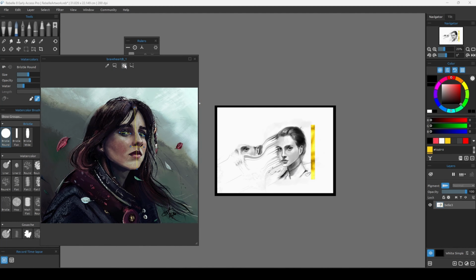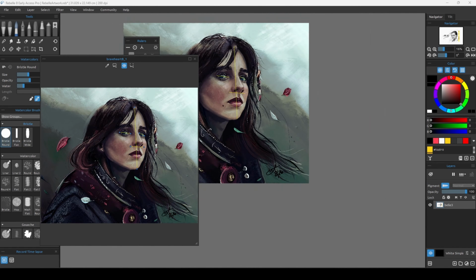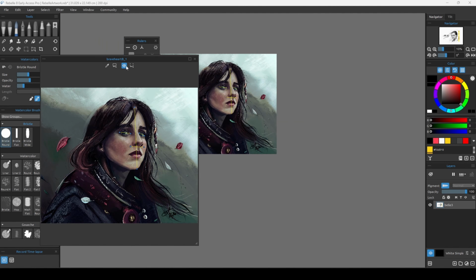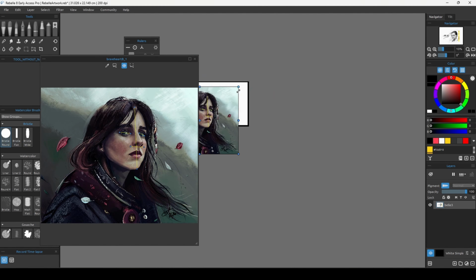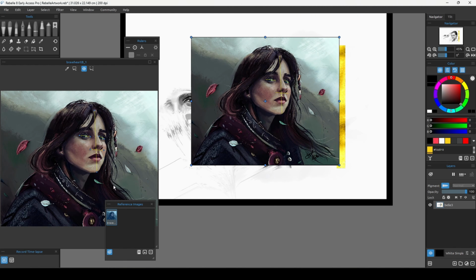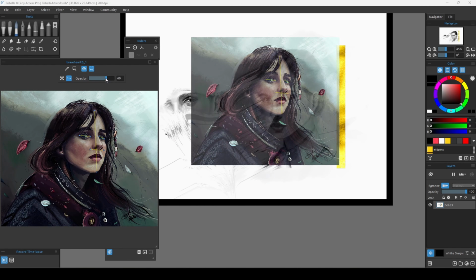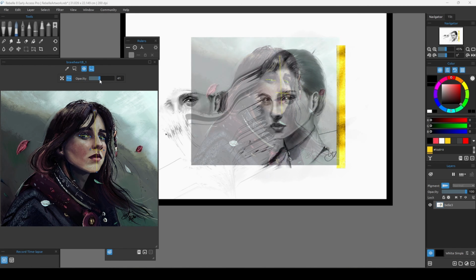We can turn off the image and turn it back on, and as you can see it's massive. We'll need to decrease the size of it to get it onto our canvas. So we position it, click where we want it to be, and leave it there. Maybe if you want to trace, which can help you learn a lot about anatomy and different things, use this